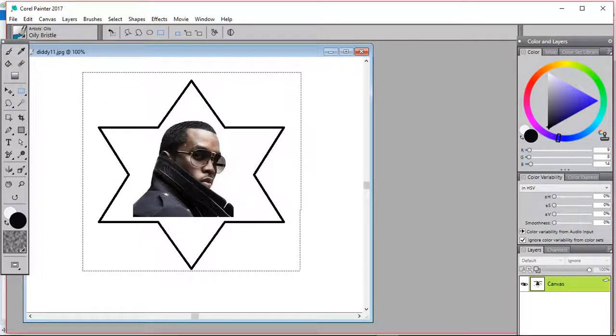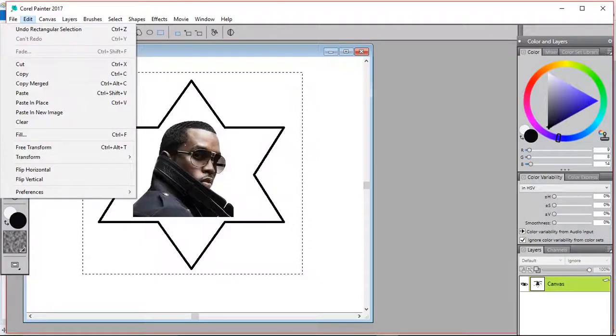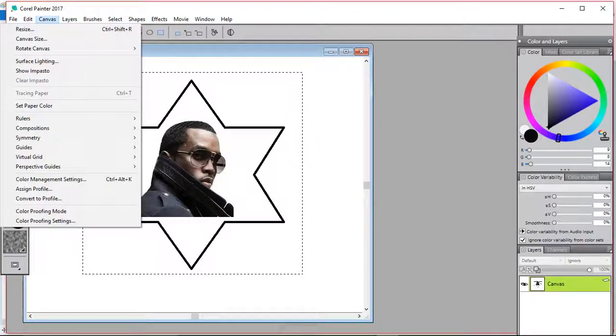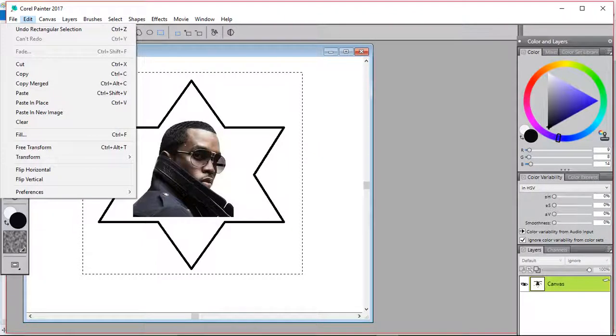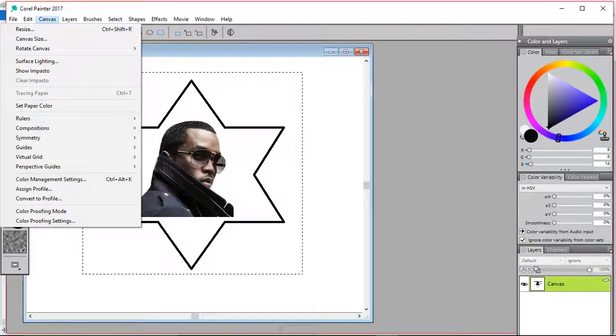This actually is better for painting. Photoshop is good for manipulating photos, but if you really want to get into painting, you know how to paint with pastels and all that stuff, Corel Painter is better. So I'm selecting it, and let's see, can I cut this, crop it or whatever? Where is it? Edit, canvas,